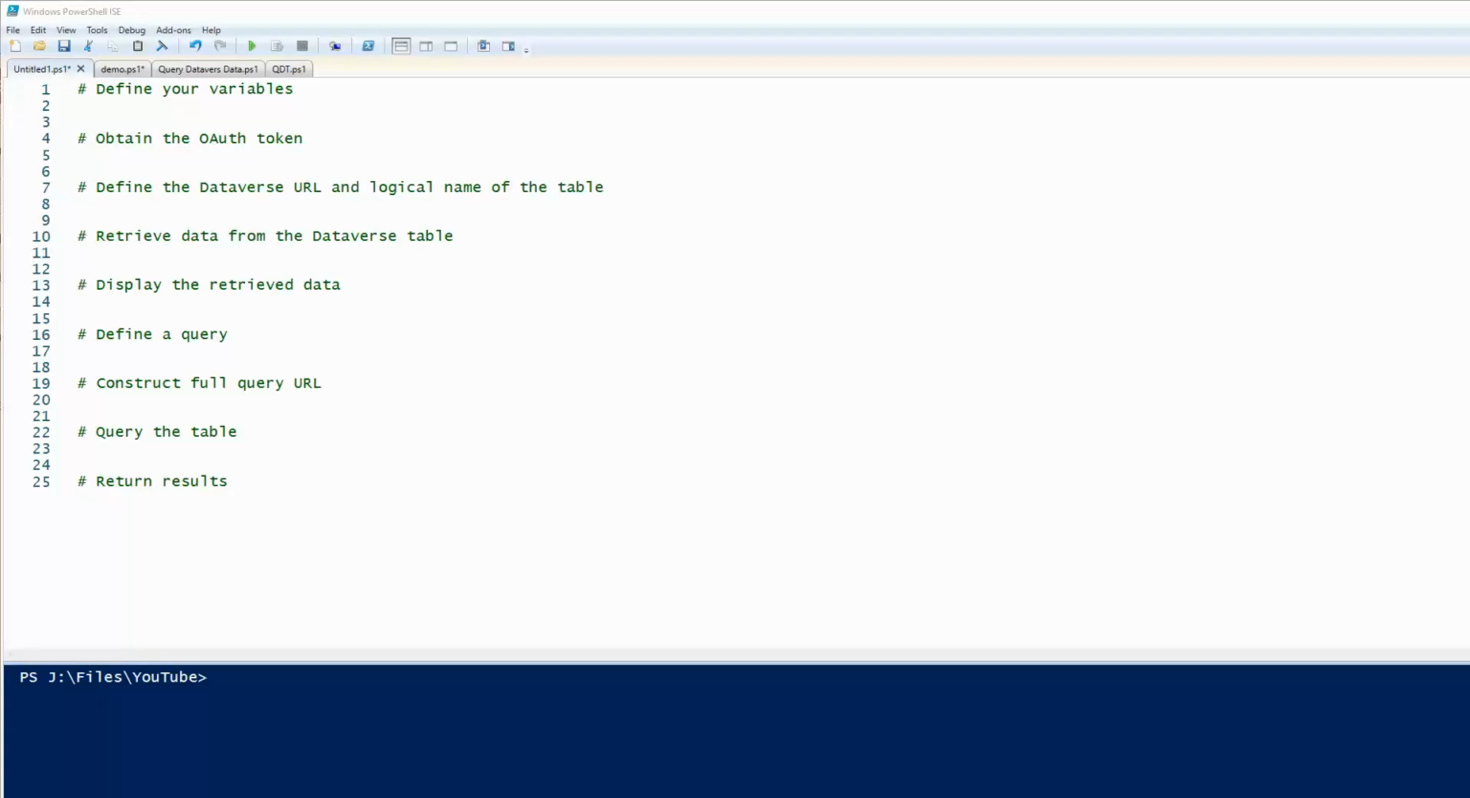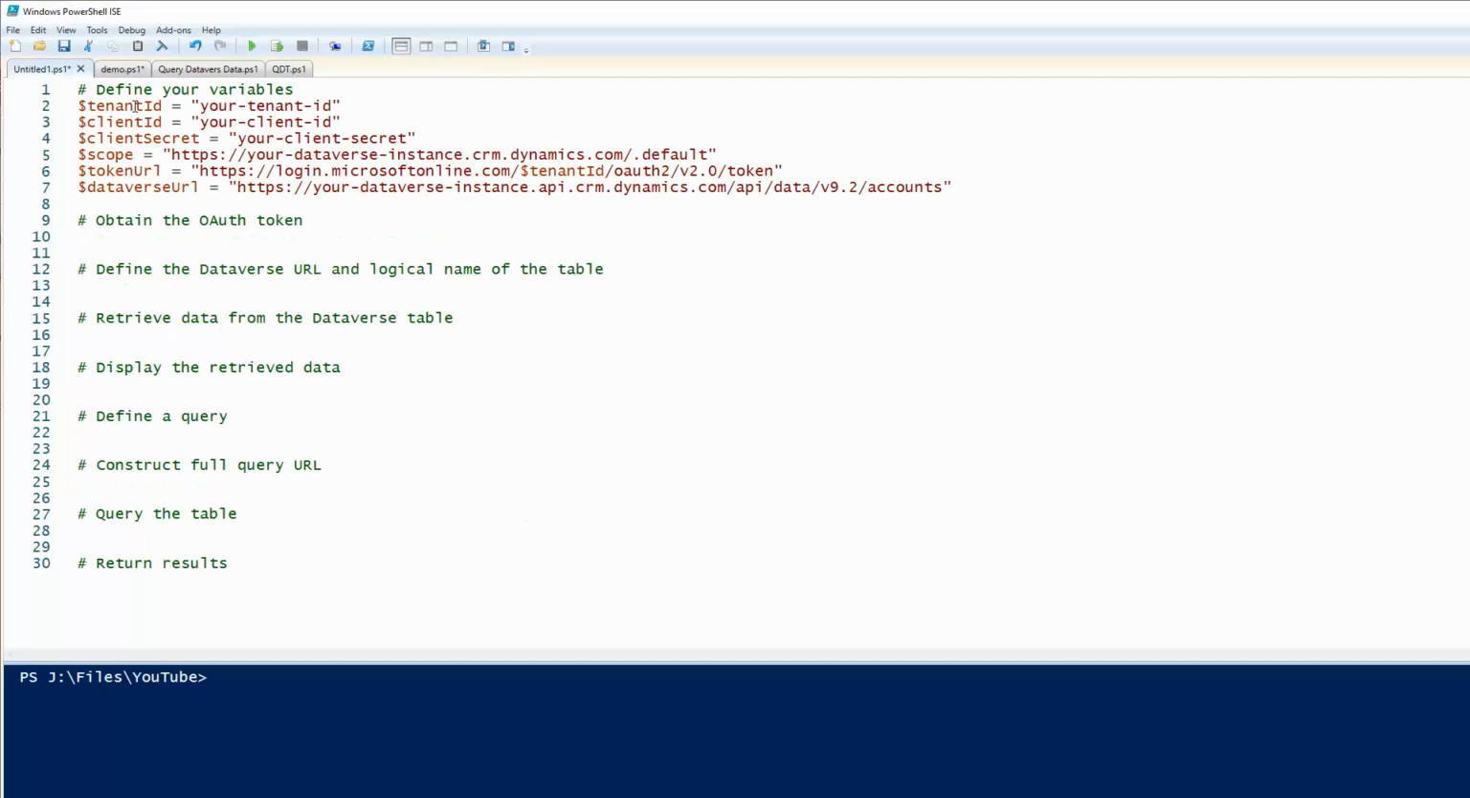Now, let's get into PowerShell. So, the first thing we need to do is define our variables. These variables will be the values that we collected earlier. And this is how our values will be listed. We will have our tenant ID, our client secret, our scope, which will be our environment URL with a /default at the end,